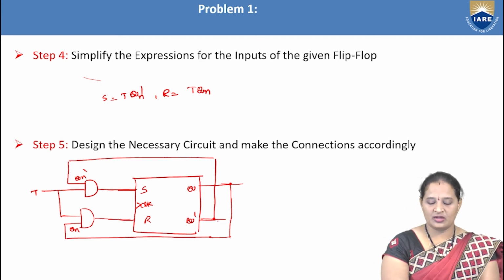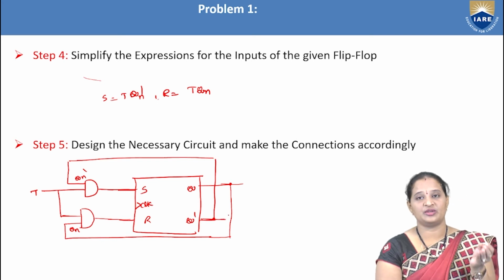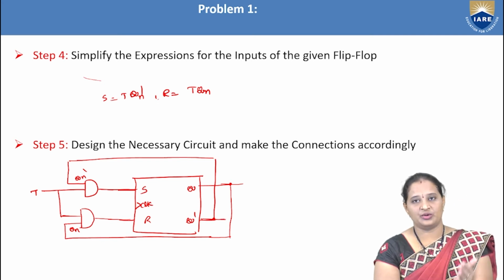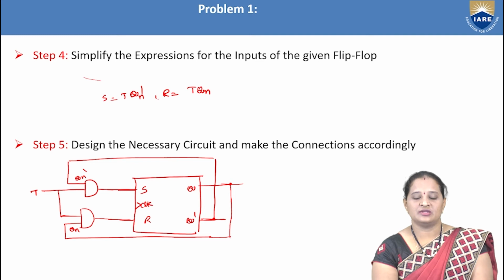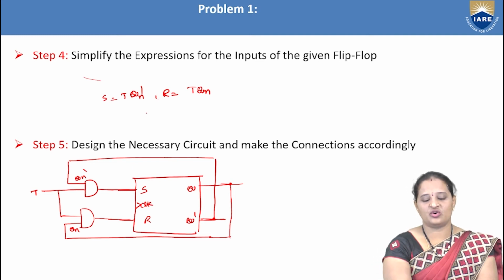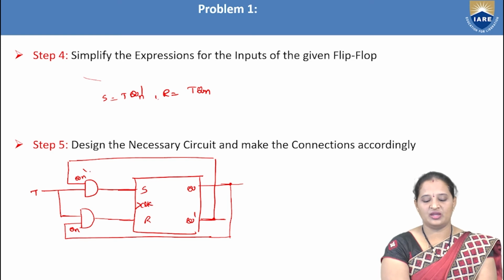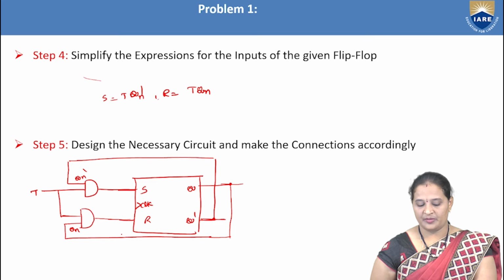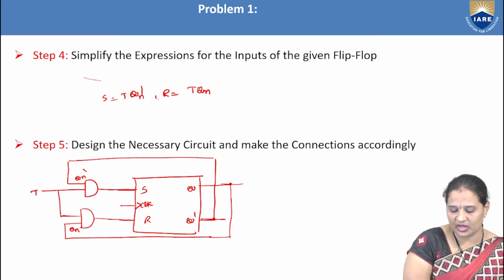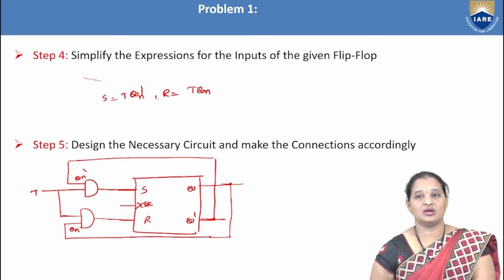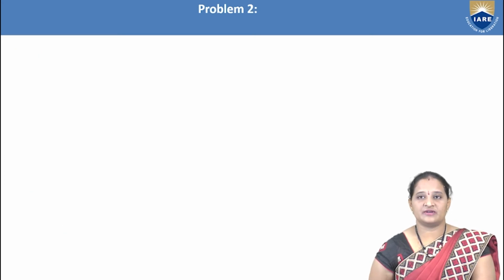So this is about the conversion of SR flip-flop into JK, SR to D, SR to T. This conversion is based on these equations, where S is equal to T into Qn complement and R is equal to T into Qn. This is the clock signal; it may be a positive edge triggered or negative edge triggered flip-flop. So this is the first problem.